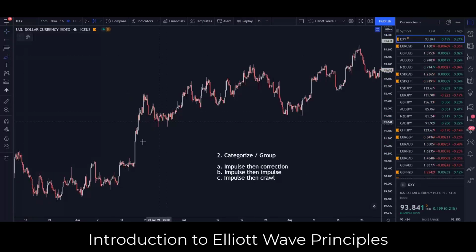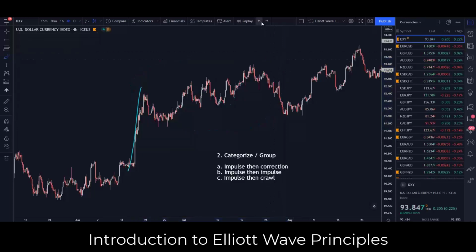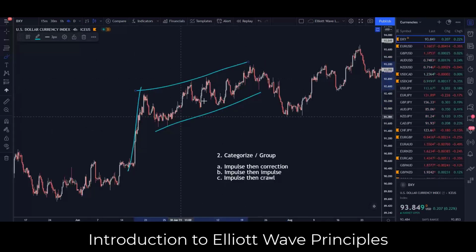So can you see this? This is a very obvious impulse, right? I think all of you would definitely agree that that's a very strong move, okay? But then after that, it starts to go higher, but as a whole, you look at this as a group, right? It's very, very slow. Okay, in fact, it's going up in a very slow manner. You can call it a correction, but I kind of give it a different name to just differentiate,